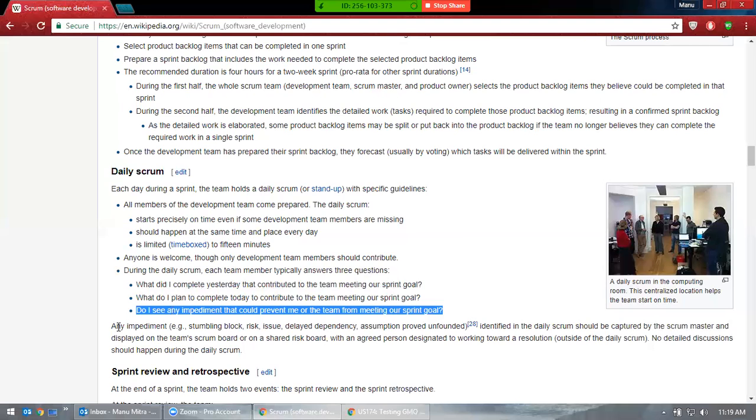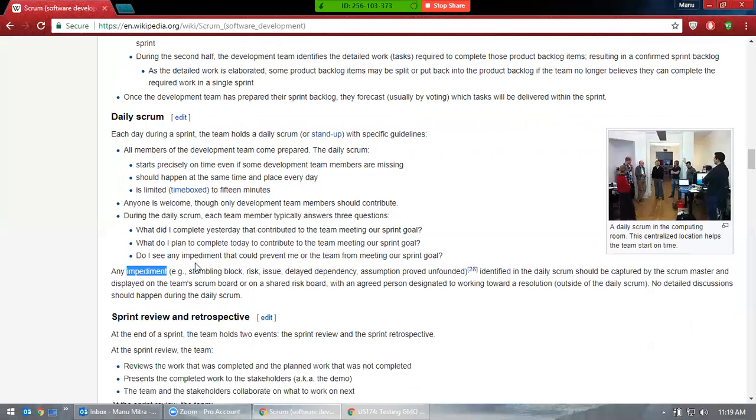Okay, and impediment. So impediment we call defect, right? Here we call it impediment. It can be a general term. It can be anything. It's a risk, an issue, or delays. You might have a delay because somebody else on the team is not responding. You need to reach out to their manager, talk to them, say this is a priority issue. Or it could be a wrong assumption, and now you have to do everything again from scratch. So all these are called impediments.